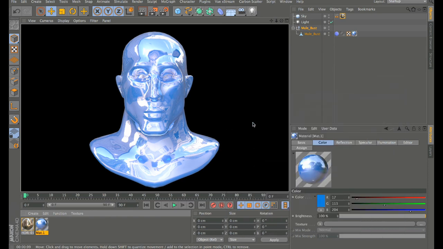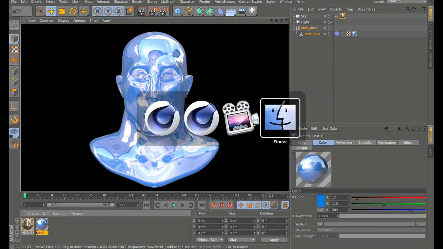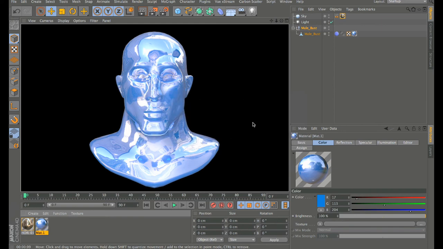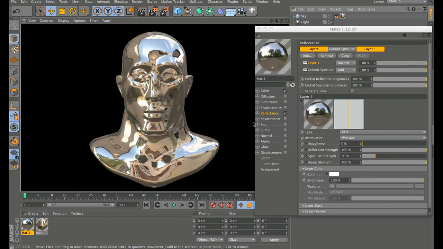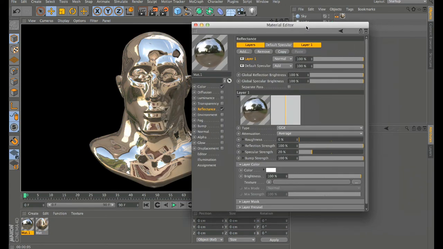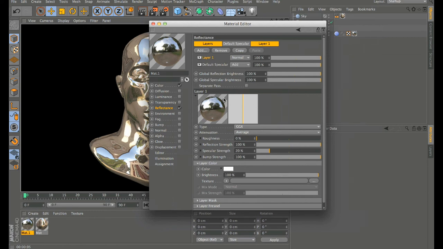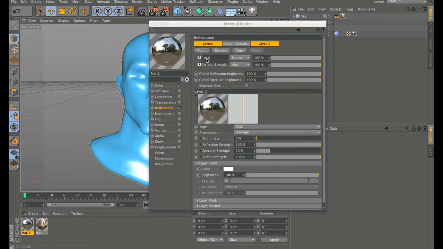So the controls within R16 are much different with the Reflectance channel, but you can still get similar results, even more realistic in their handling of reflection. So if I come in here, I have layer 1 as my reflection, and I'm just going to rename this. As with just about anything in Cinema 4D, you can double click on it or click on the name there. If I double click, I can change the